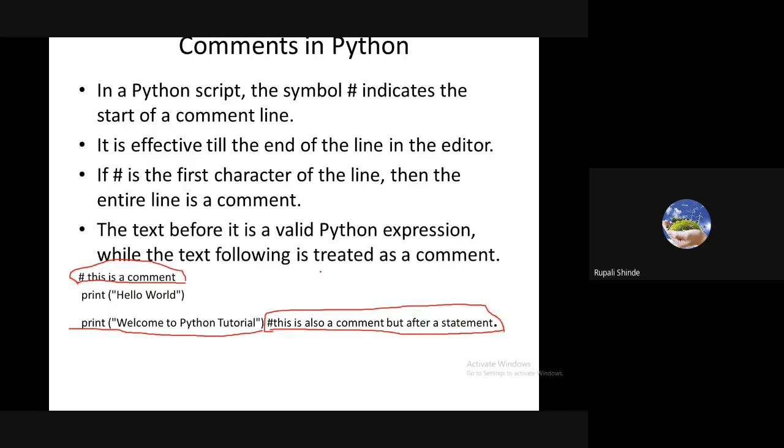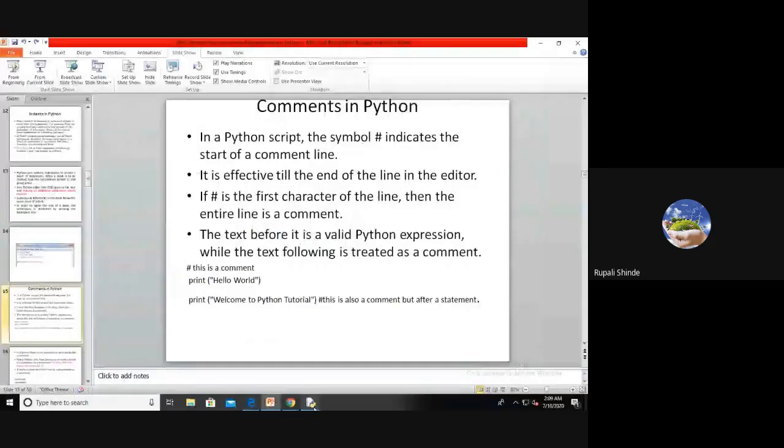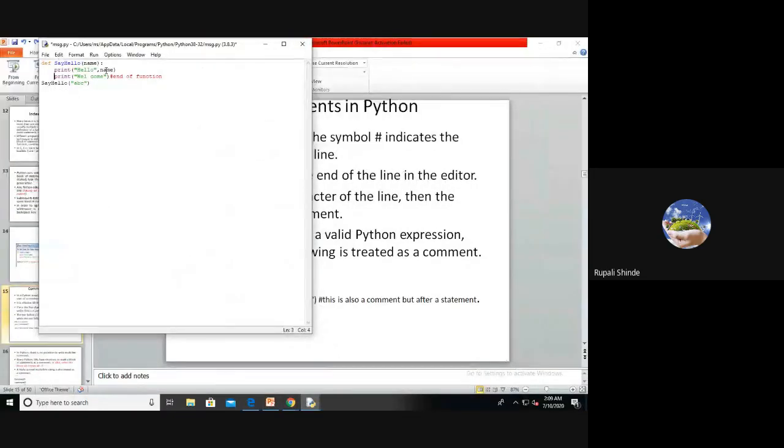As we have seen in the previous example, here we have to write the comment. I think here we have to write the comment, that is hash end of function. We can write here, say, hash function call.